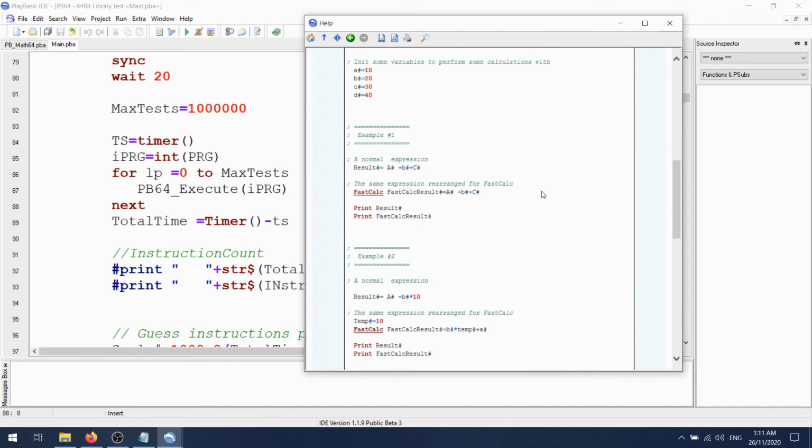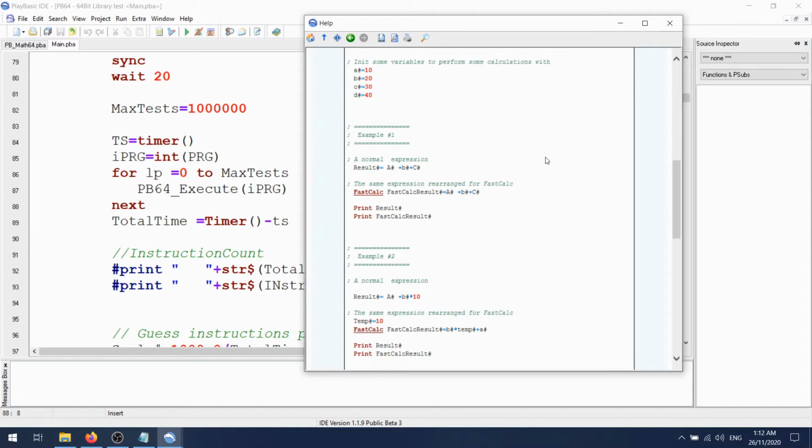Now the beauty of these FastCalc expressions is, if you had more than normally about three or four stacked operations like mults or divides or additions or subtractions, then you get a benefit.